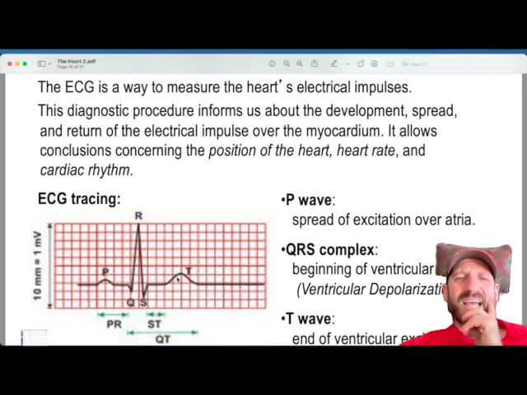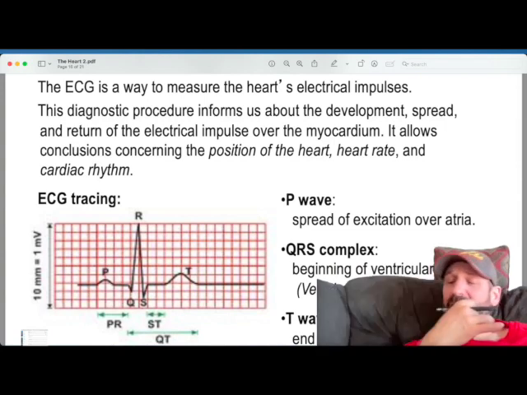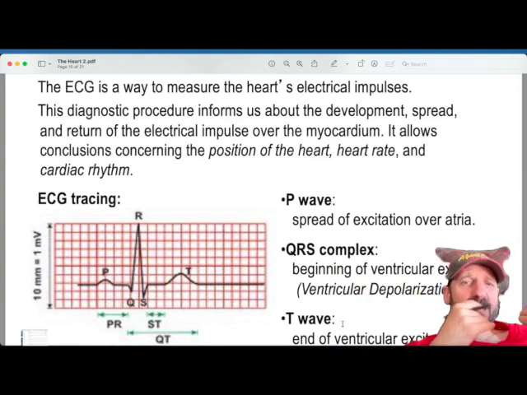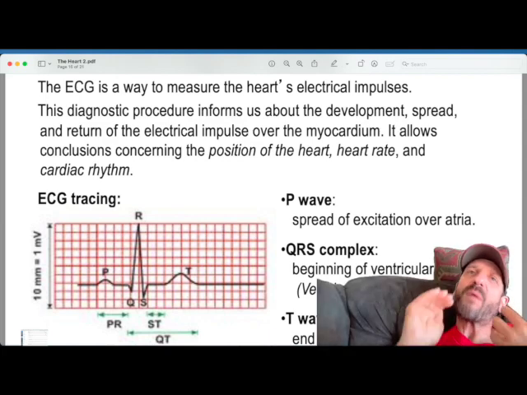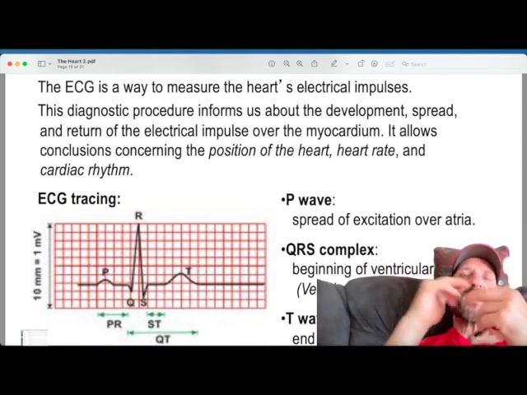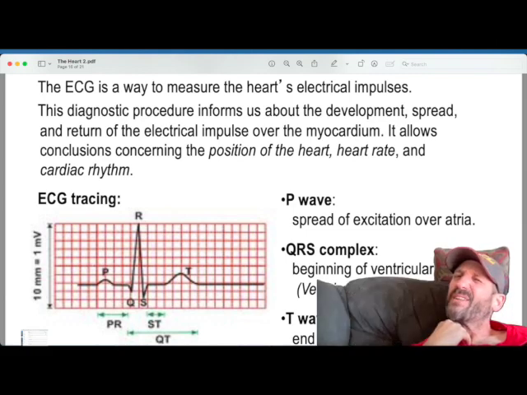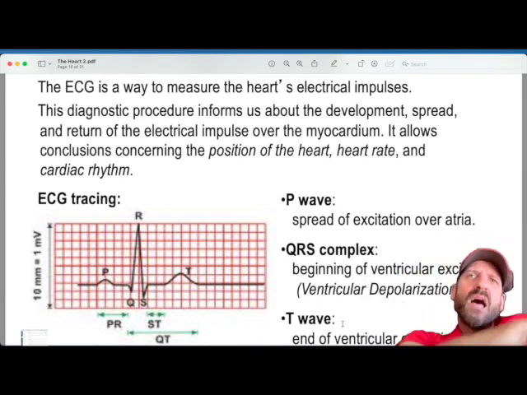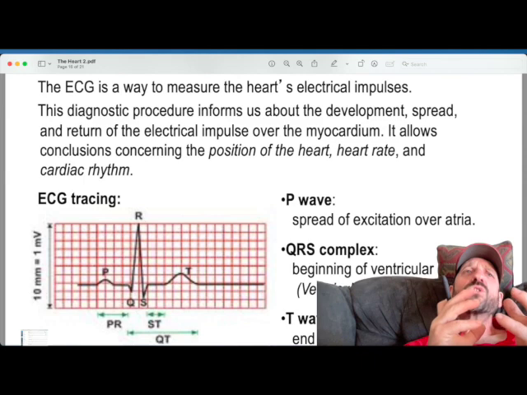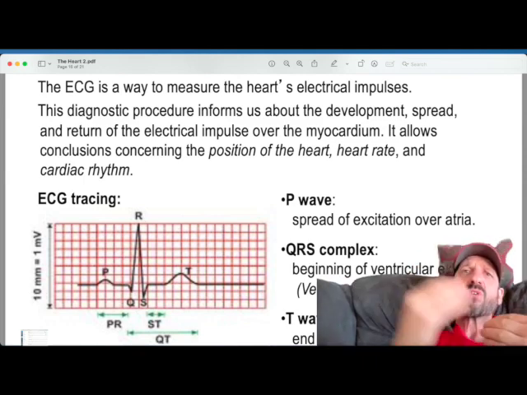And then the last bump here, that T wave, is when the big chamber, the ventricles, are getting excited. Then they relax, because during the relaxation phase, the nerve, and the muscle as well, has to recover, and nerve impulses are fired by ions going across the cell membrane, and ions are charged molecules. We learned that a little bit in the chemistry chapter, and we're going to get more into that in neurology. And you have a chemical scramble going on when you have these crossing the cell membrane.